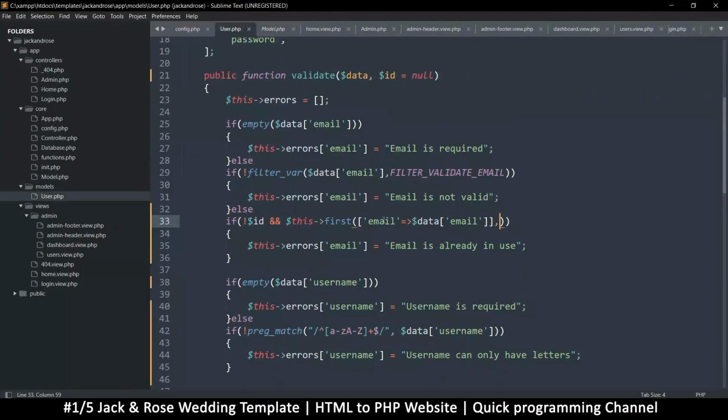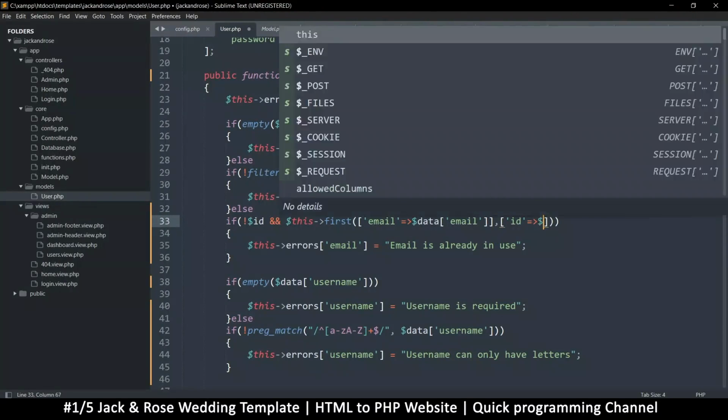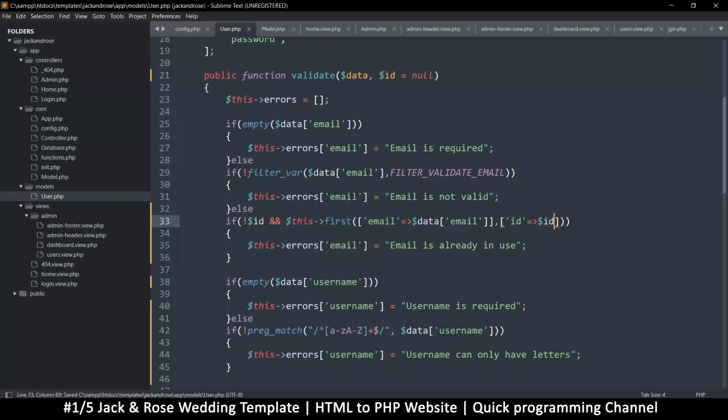So here I'm telling it that I want to find a record with an email of what the user has supplied. Also, that should not have an ID equal to whatever ID was supplied here. So if it's not the same ID and the same email, then it's definitely in use. But if there's an ID that was given, so if,